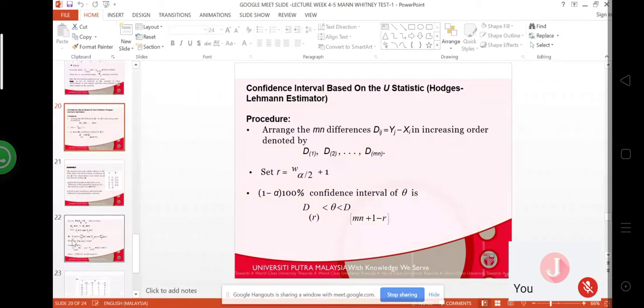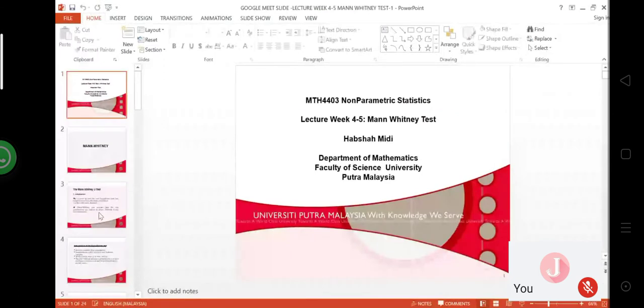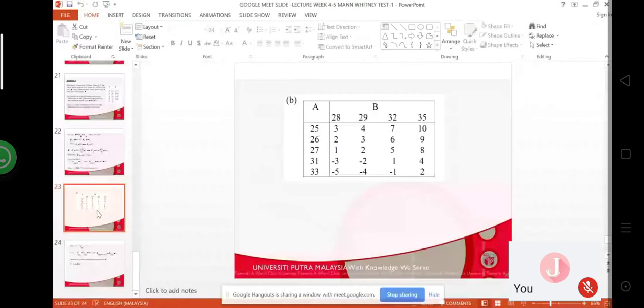Now let's look at how to find the differences. You have two samples, isn't it? Let's say I call this sample X, or initially I forget what letter I wrote here. Is this X or Y? I forget already. This is X perhaps. Yeah, this is Y. So how do I find the differences? How many differences should I have? M multiplied by N. So altogether 20.